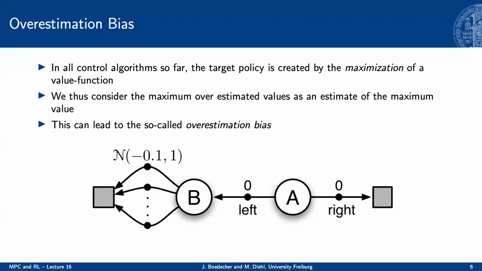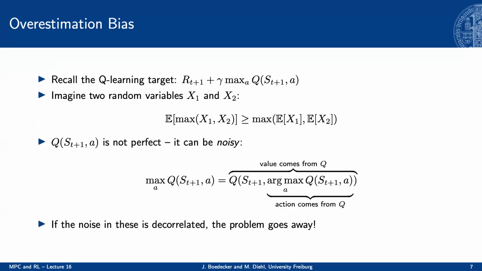So intuitively, if we look at that, it should be worse in expectation to go to the left, right? Because if we go right, we always get 0 deterministically, and on the left, in expectation, we will get a reward value of minus 0.1, so it's worse, right? Okay, so however,